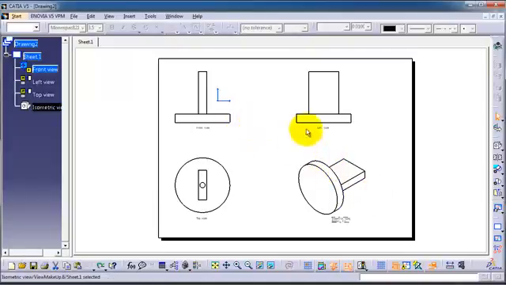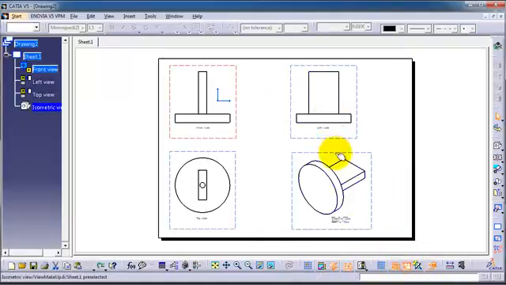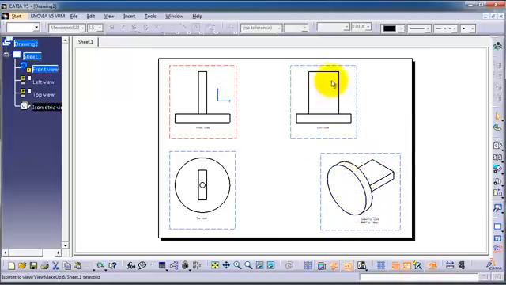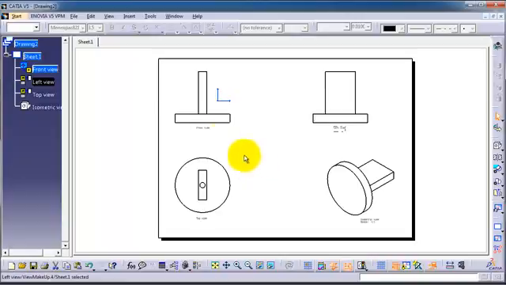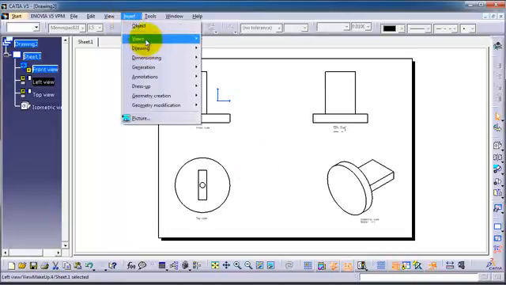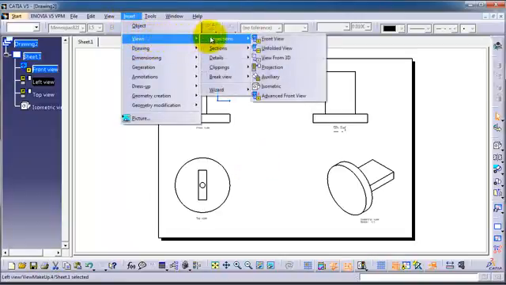Let's just make some distance, some place for the section views. Let's here activate the frames. So let's just make some distance to show you the offset views. So now let's go to the insert. You know, from the views projections we already used some of the important features or icons here, and here in